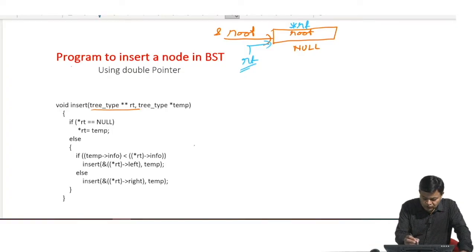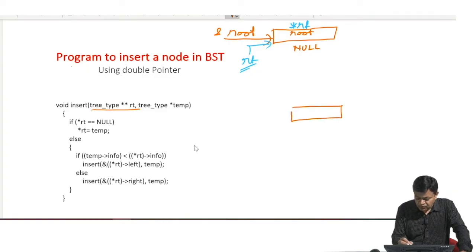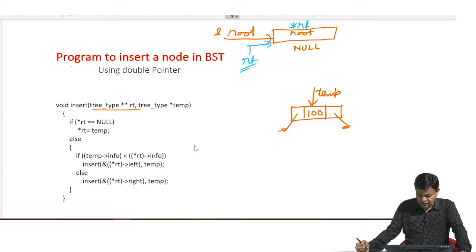Initially, when we do not have any node and we want to insert the first node, what have we done? We have created a temp because we already have a function create. So, we have already created a node with address temp. Suppose the first number which I want to store is 100, so I will be storing 100 inside this. Now, I have to connect it to my root.